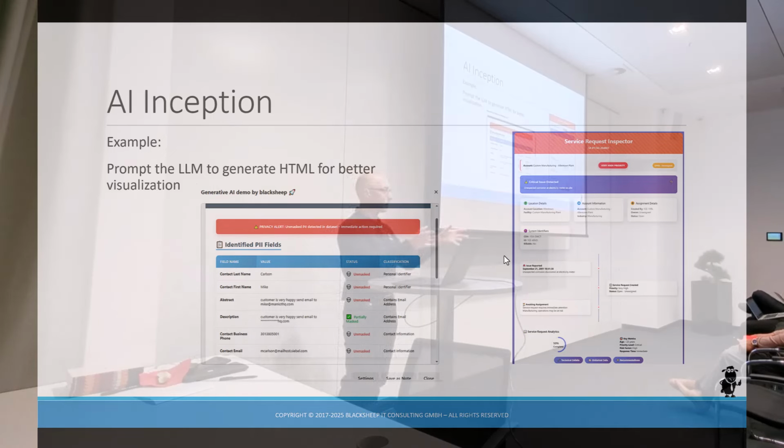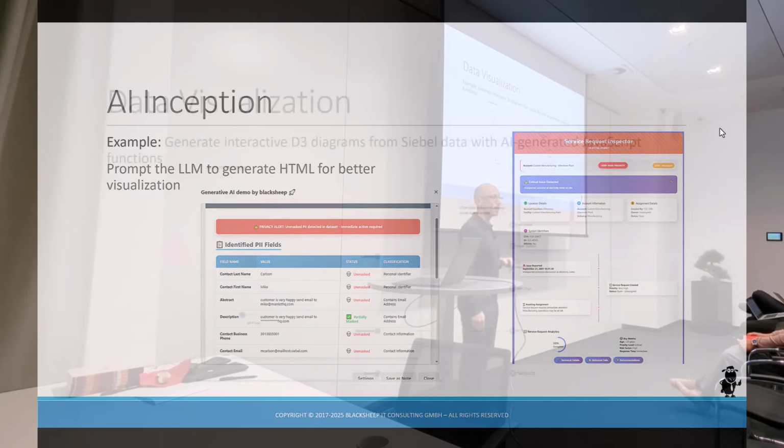You are inside Siebel Open UI. Your LLM uses the data to generate HTML, which you use to visualize a situation. Is that inception already? Like using GenAI to generate code? You're using GenAI generated code to have it generate code? Okay, yeah, confusing myself. For the OpenUI masterclass, we're creating labs like this, a nice hierarchical representation of Siebel data